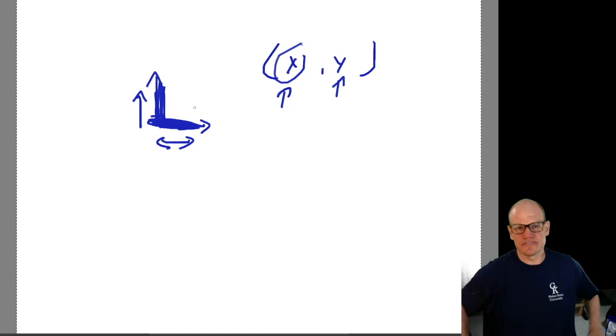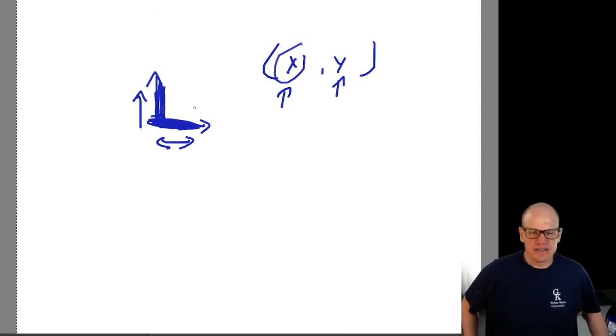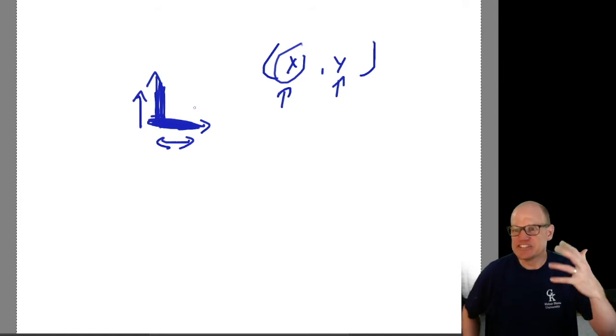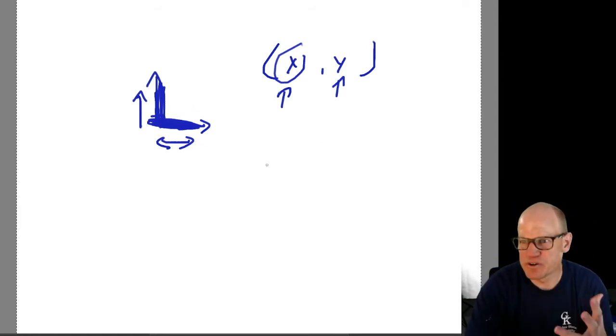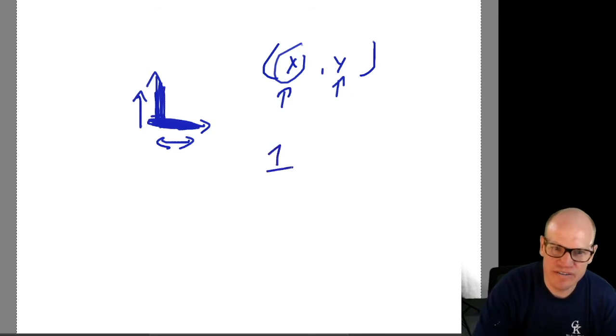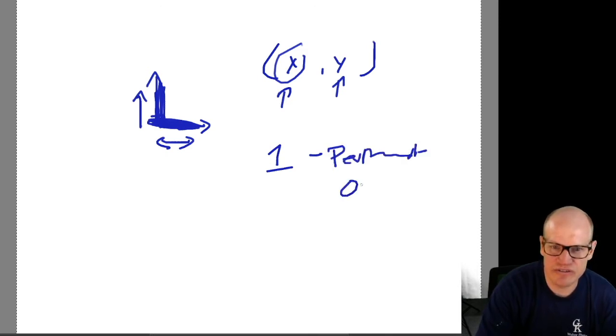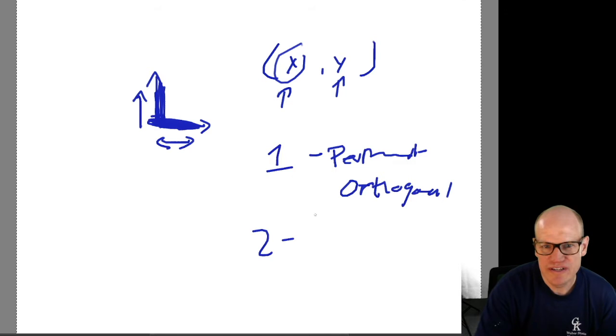So there are all sorts of ways that one would construct a coordinate system. In general, the important things that people will look for in your coordinate system are, number one, that the axes are perpendicular. Another way to say this is orthogonal. Okay. Number two,